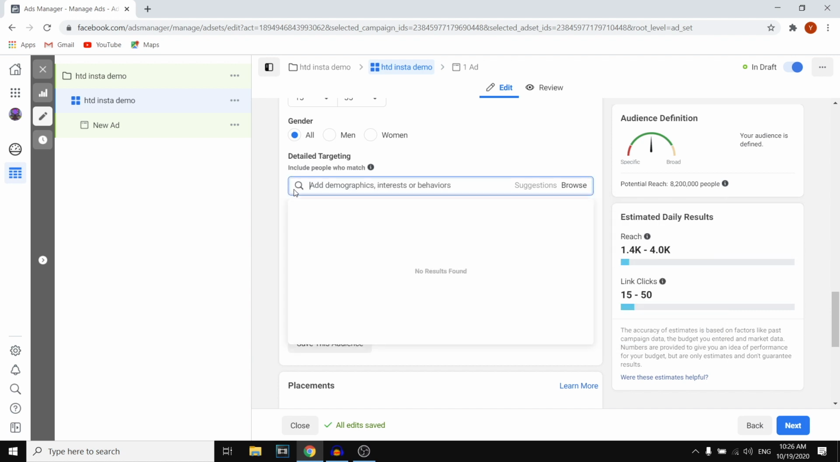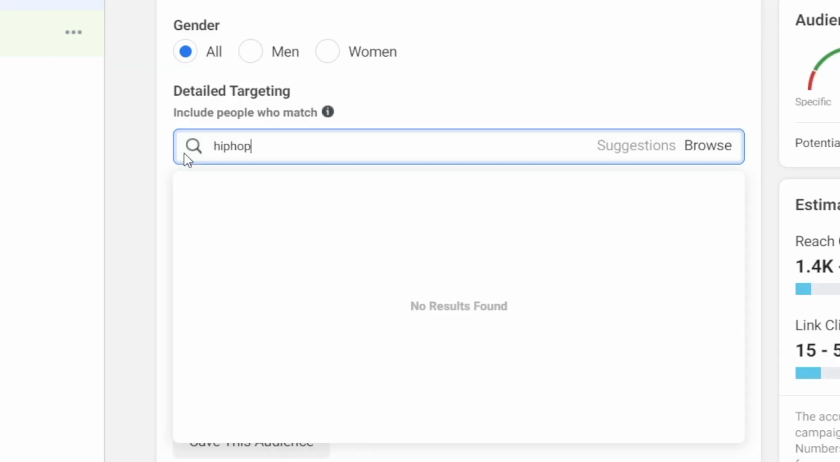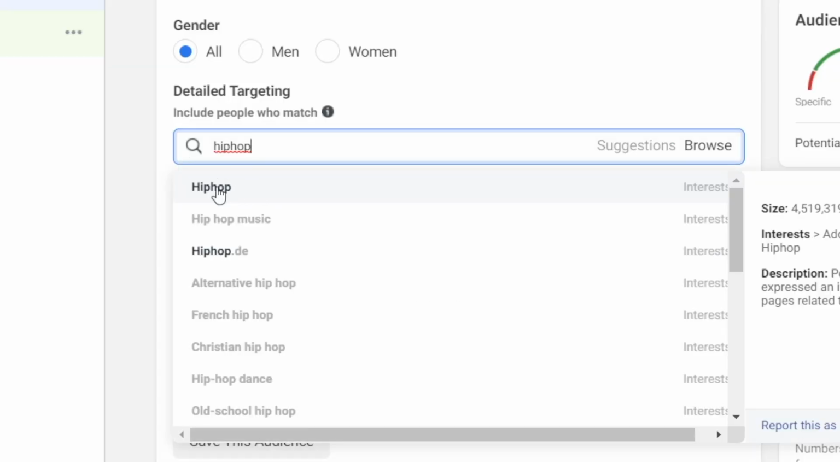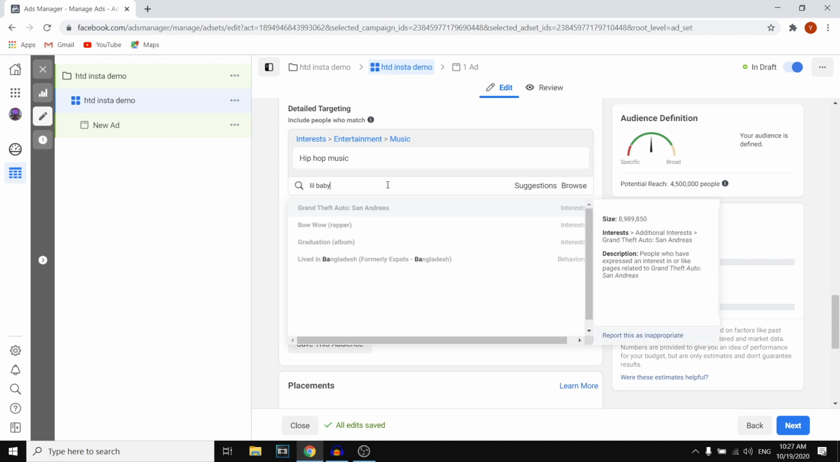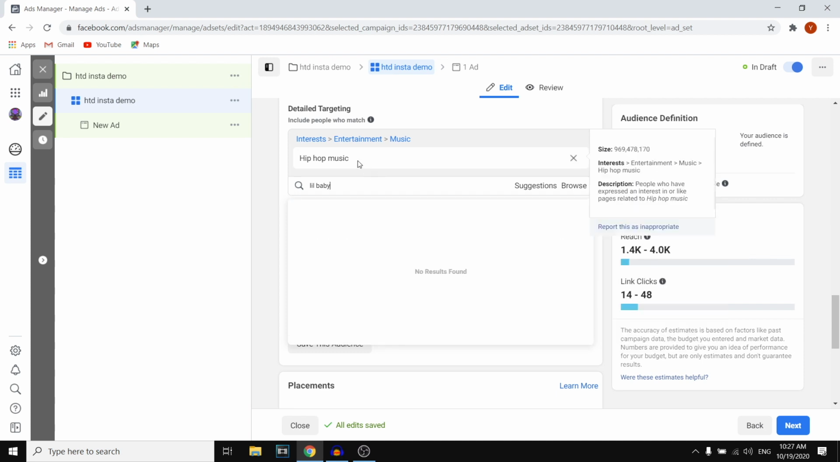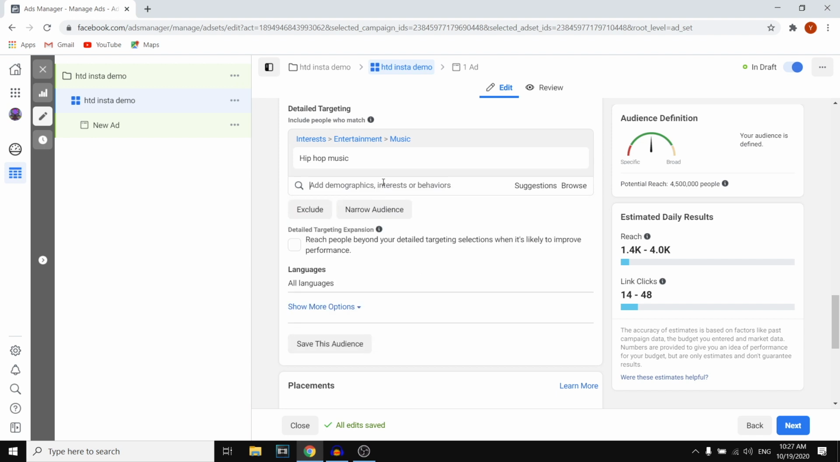For example, if I would want to target people that are interested in hip-hop music, I then type in hip-hop, and I can then choose that, right? You can see hip-hop music, click right there, and you've then targeted these people. Now what's cool is that you can also target people interested in a specific artist, for example. So if I want to target people that are interested in hip-hop music and I tried Lil Baby, which is not available,